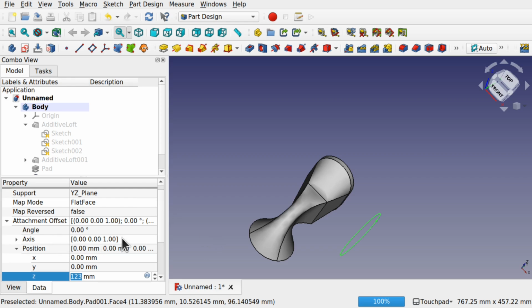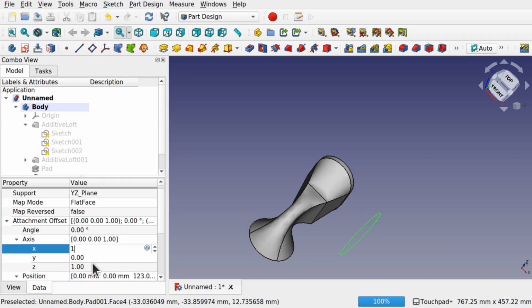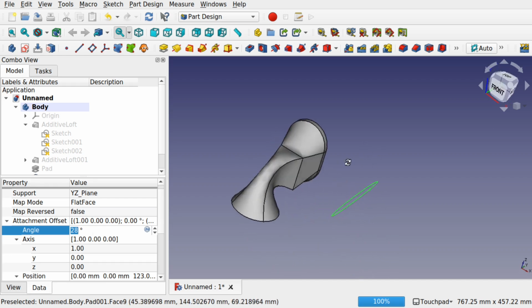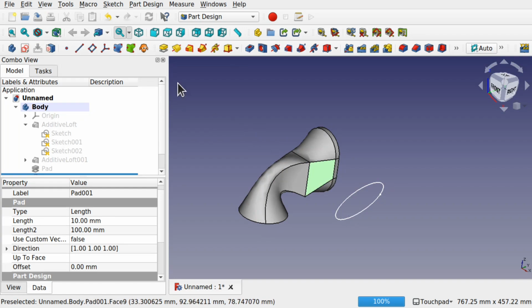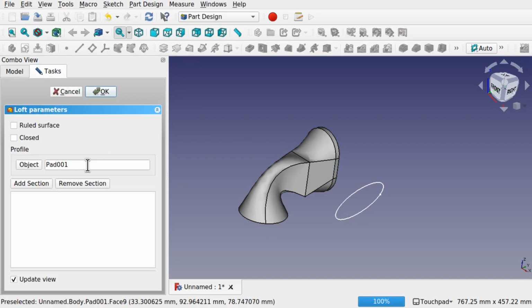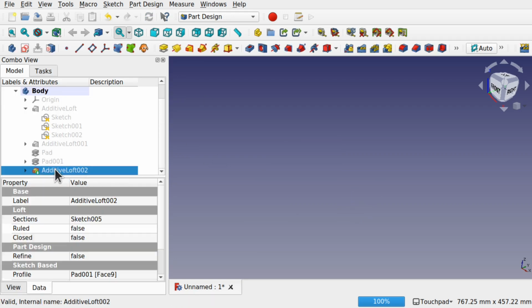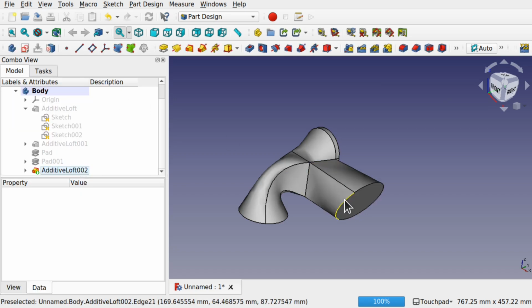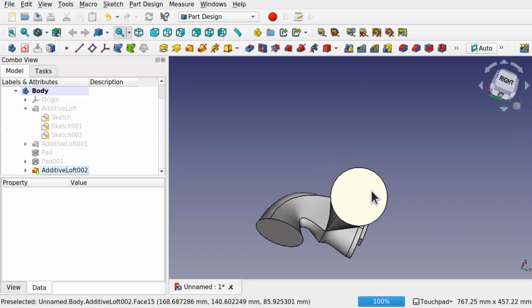Add some rotation along the X. So axis, rotation, place a 1 on there, 0 on the Z, and angle that like so. Then when we create our loft to here, so loft, add section, this section, obviously it won't take straight away, hit OK, it'll disappear, double click on the loft, hit OK, and you can see we're now lofting out from